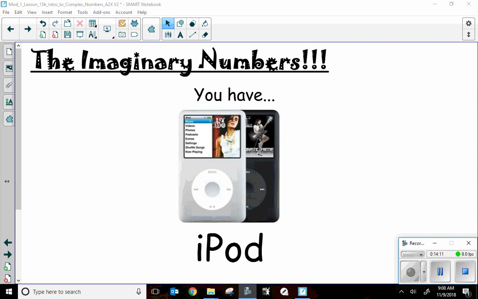Now, when I introduce you to imaginary numbers, I like to take the Apple Corporation route. A math teacher would understand that little pun there, root. Anyways,